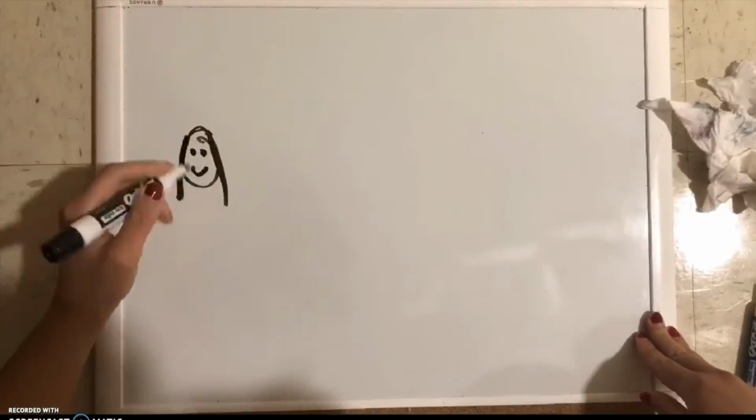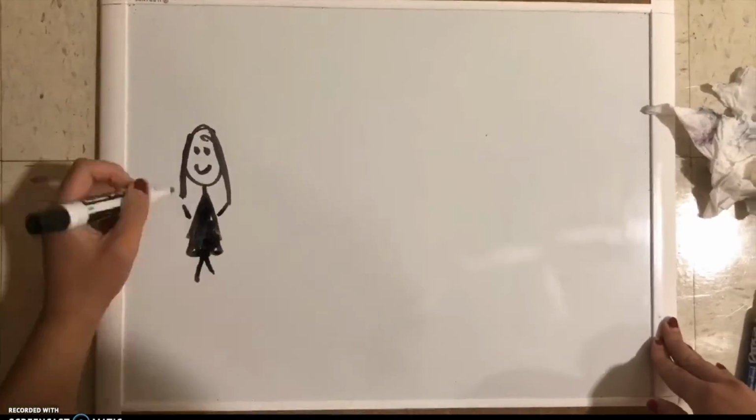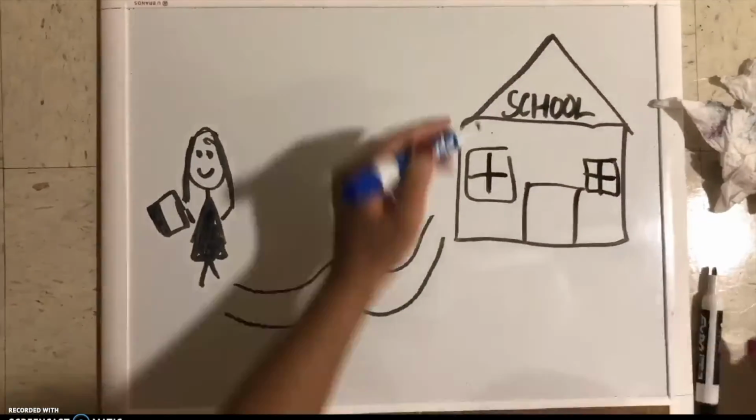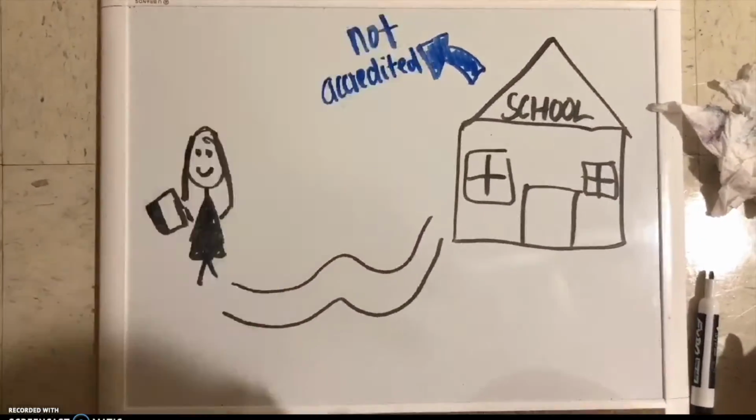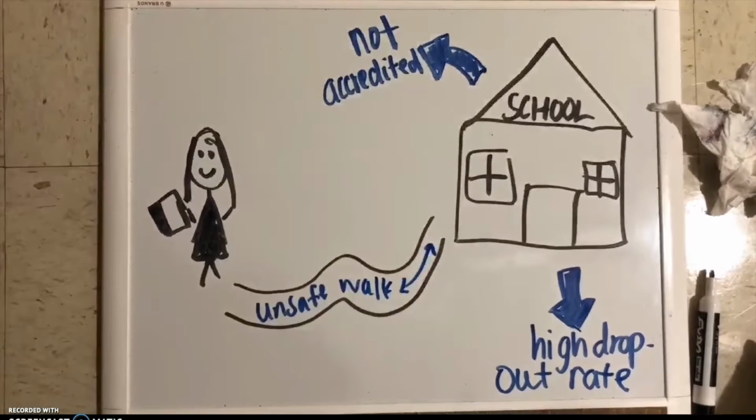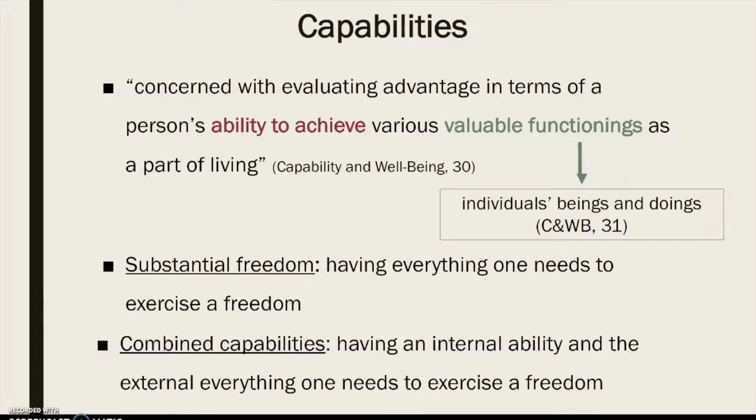But where the SPM falls short can be brought to light when we take a closer look at Molly's education. Molly goes to an unaccredited high school with a high dropout rate and has a dangerous walk to and from school each day. Does she still have the opportunity to live a dignified life? We don't think so. This brings us to the capabilities approach in defining poverty. Amartya Sen and Martha Nussbaum discuss this approach in their literature on poverty.